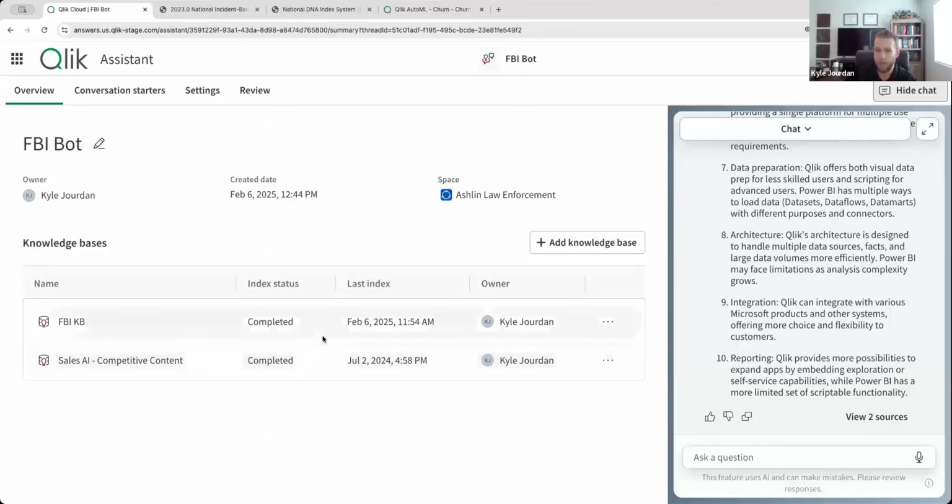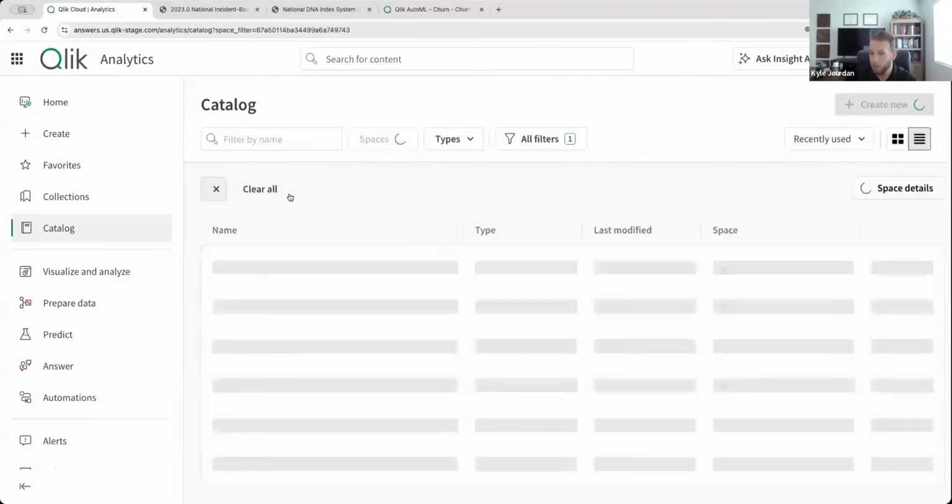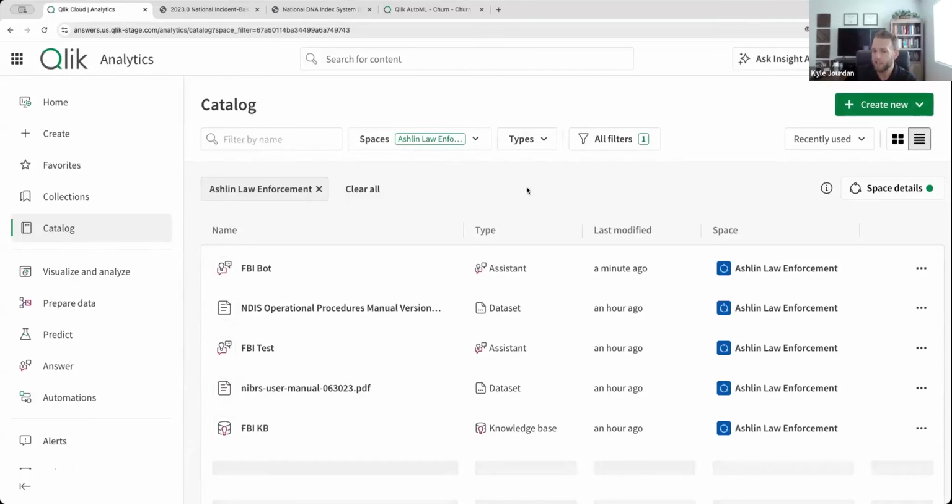But for the security aspect of this, let's say that I, as a user, have permissions to a space where this knowledge base exists. So let's say I have read permission to the space that this exists in, but I don't have read permission to the space that this second knowledge base exists in. The assistant is smart enough to only answer questions that I, as a user, have read access to. So we use the same space management and space security parameters that are used throughout Qlik, if you're familiar, to make that security available. So for a user to get answers from a knowledge base, that user needs to have read access to the space that the knowledge base is stored in.